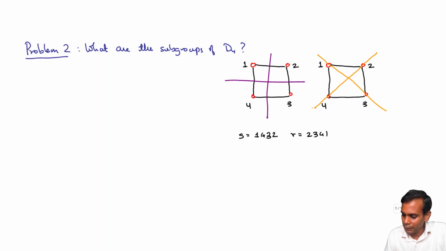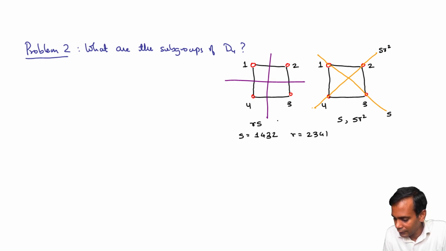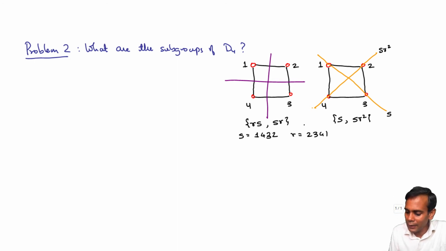So this S is reflection about one of these orange axes passing through 1 and 3. So it just interchanges 2 and 4. And R is rotation by 90 degrees. Then in terms of these elements, S and SR squared are the reflections about these axes. So the reflection about this axis is S, and the reflection about this axis is SR squared. And these two are the reflections RS and SR. Okay, so there are 4 of these reflections in the dihedral group,